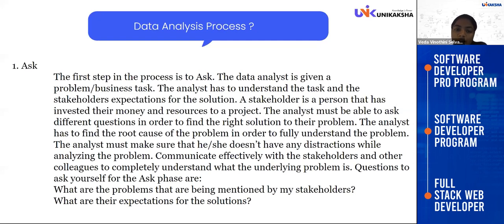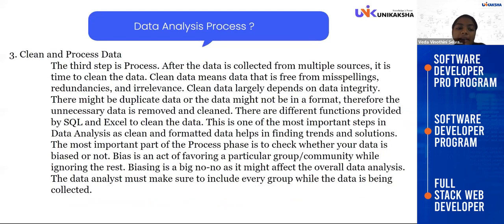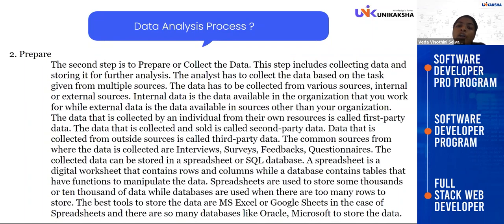Okay, so then let's move to the second thing, which is preparing, right? After you ask them a few questions, you will ask them to give you their data so that you can collect it and process something out of it. That is your second process. In this part, the data can be of any type: first party data, their own data, or third party data. So any kind of data can be available.